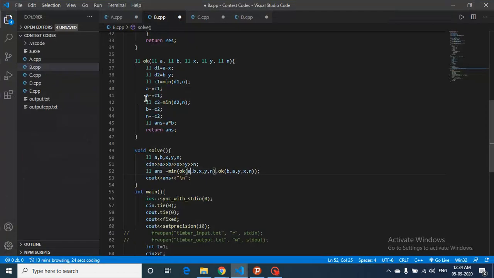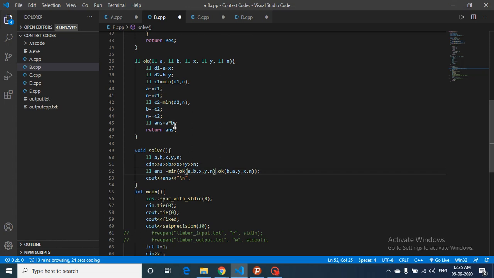So what you'll do is find the minimum of d1, which is the difference between a and x, and n, and then subtract that amount from a, and also because you have used that much of n, subtract that amount from n. Now you have some n remaining. So you will again find the minimum of d2, which is how much you can decrease in b, and the remaining n. That's the amount you can do. Because you have taken this amount of steps in b, subtract this amount from b and also from n.